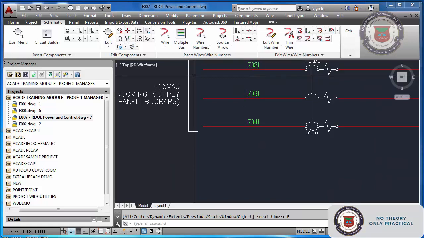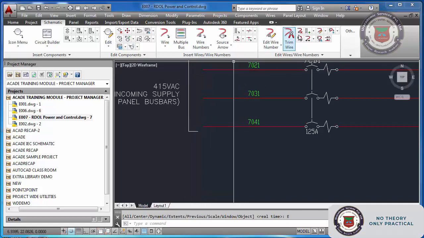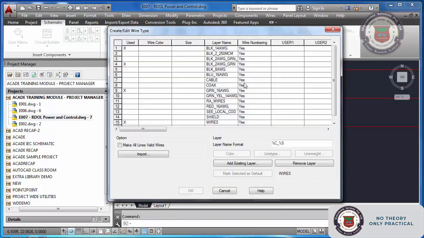Finally you will note down that this is a problem. So don't worry, just go and change the layer from this particular layer from the wire list, that is from here. Here you can change. Okay, and